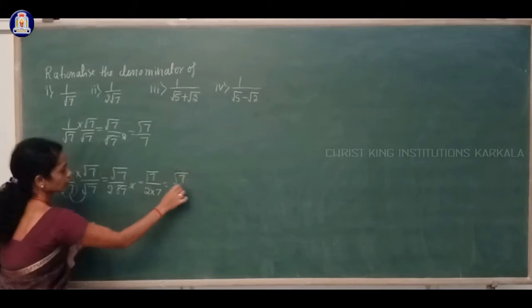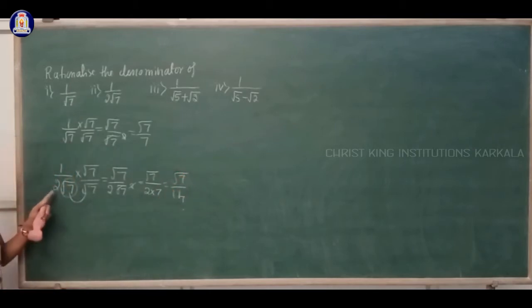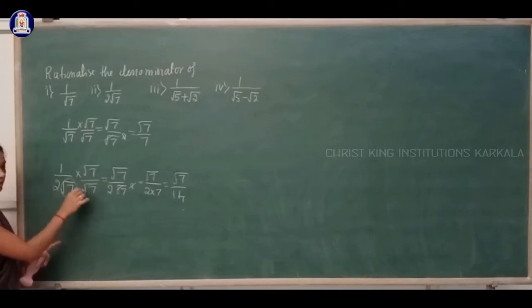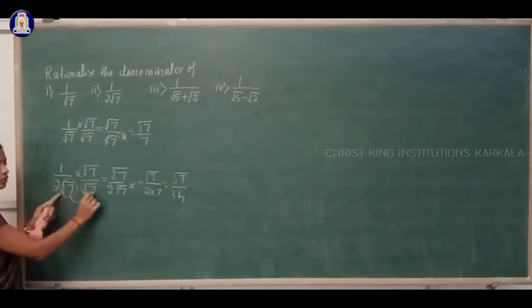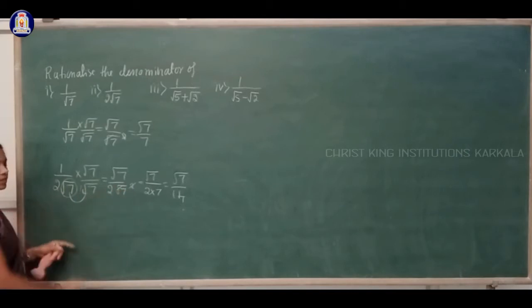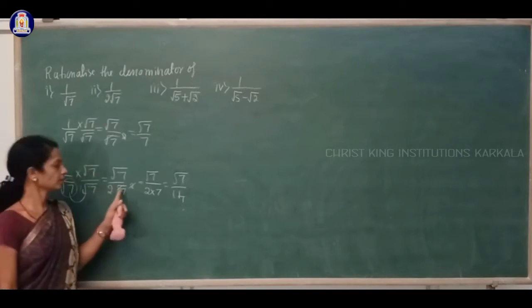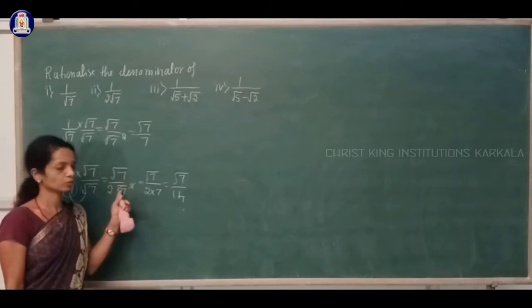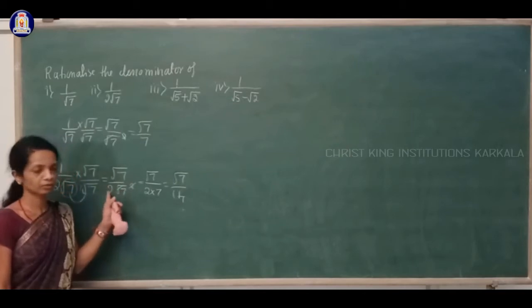That is 14. So here, if you have a surd number and a number without a surd, you have to multiply first. Here the number without the surd is 1. Just root 7 means that is 1 into root 7. 2 into 1 is 2, and surd into surd, root 7 into root 7, is root 7 square. And here that cancels, square and square root, we are left with 7. 7 into 2 is 14.